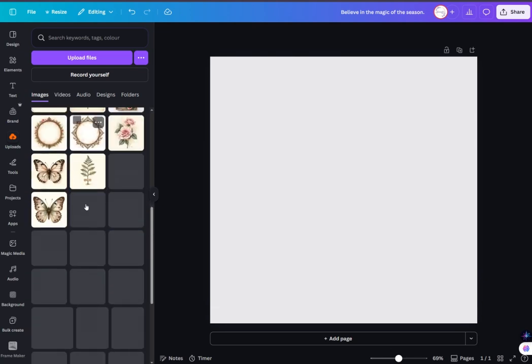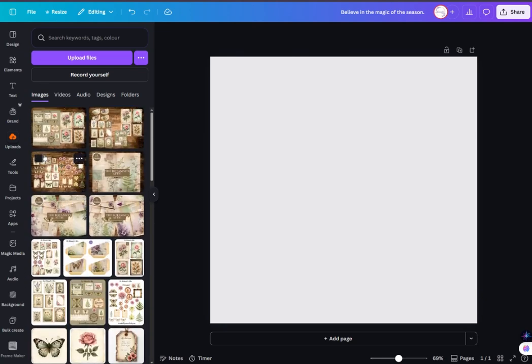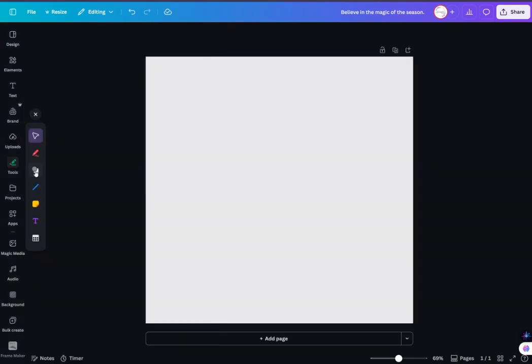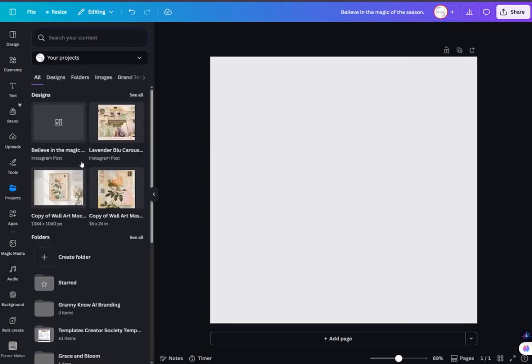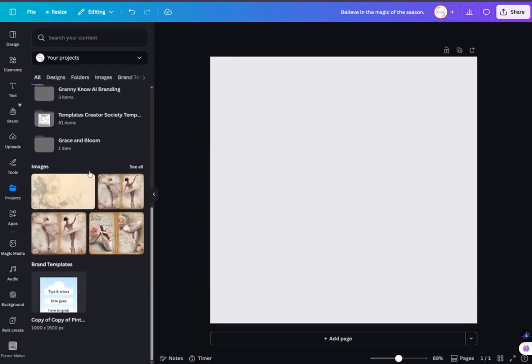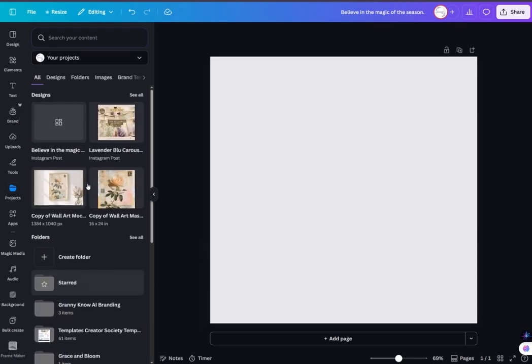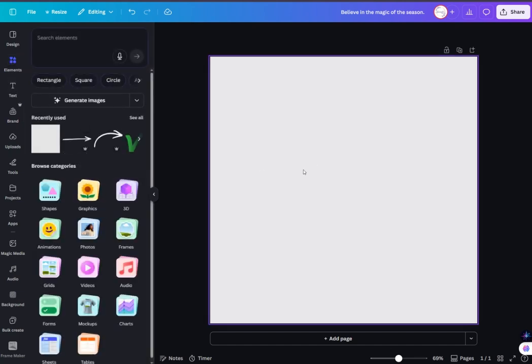We've got uploads here, so if you have uploaded some files, you can find them all here. You can click on tools if you want to use certain tools here, but we're not going to worry about these ones today. And if you click on projects, it's going to come up with your previous projects in here as well, and all your folders that you saved them in. Going back to elements,